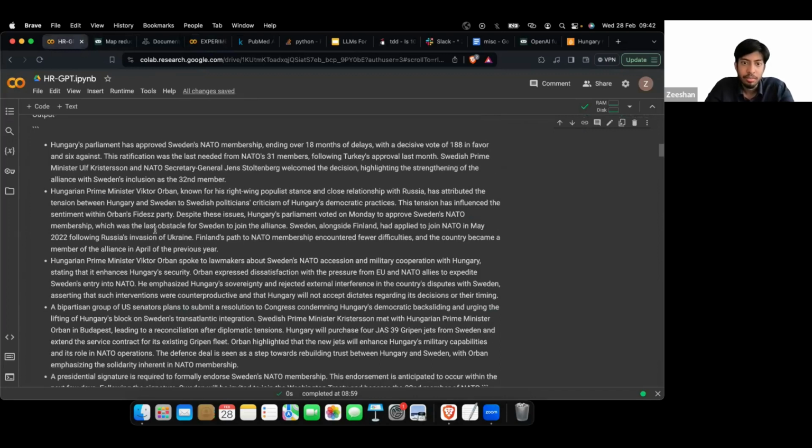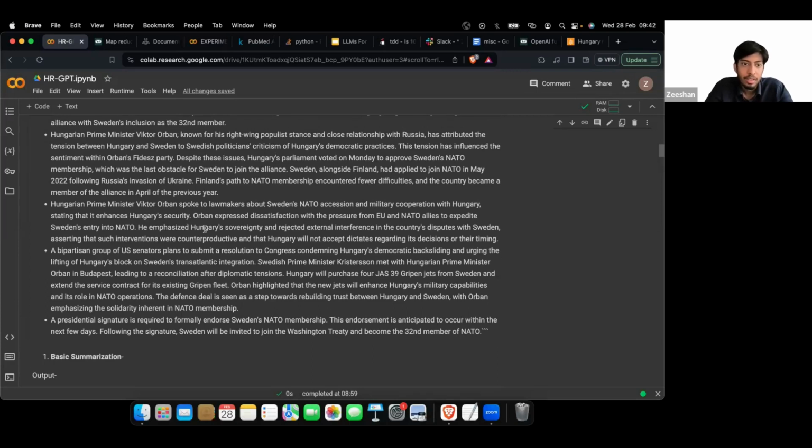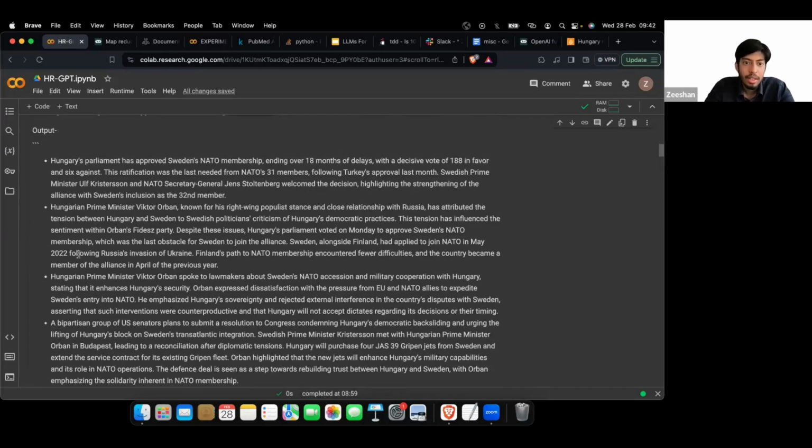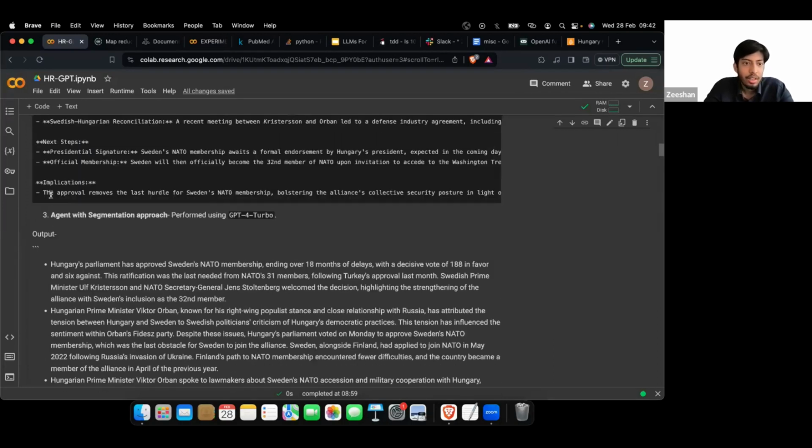This is how this agent-based system works essentially. So this example was rather simple because obviously it's just one article, so there is not much to do here. Even the length is really small. But where the agent and this approach really shines is when we have a really long document. For instance, the document that I created for the e-commerce chatbot had more than 200 pages worth of information.